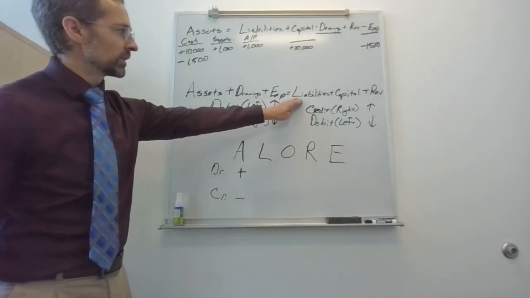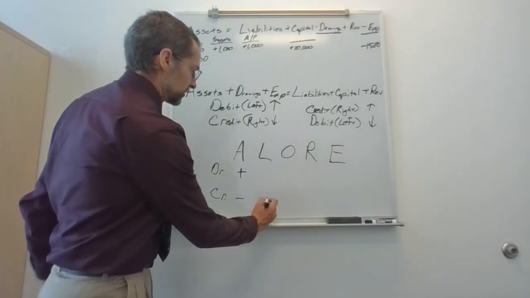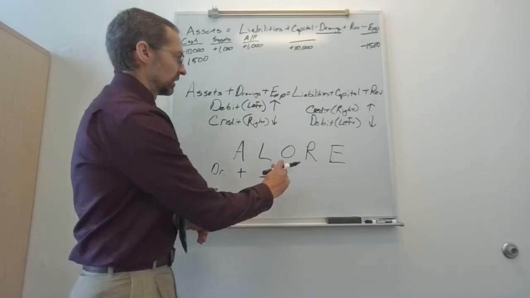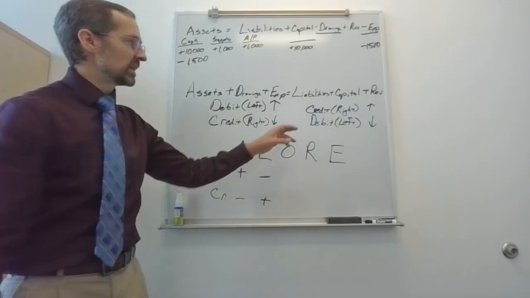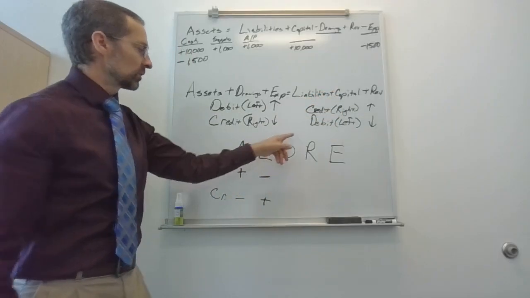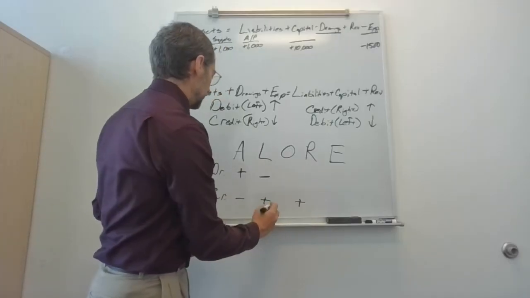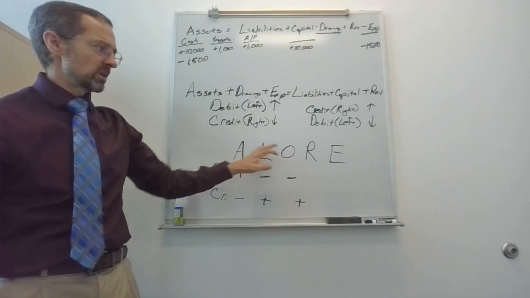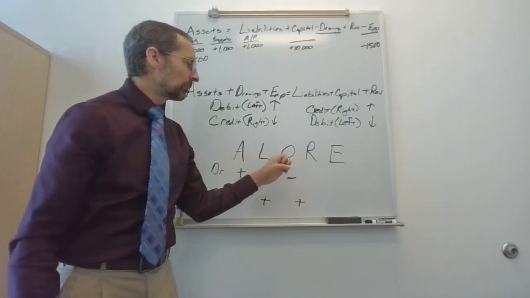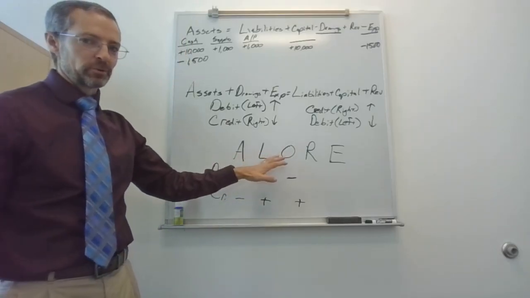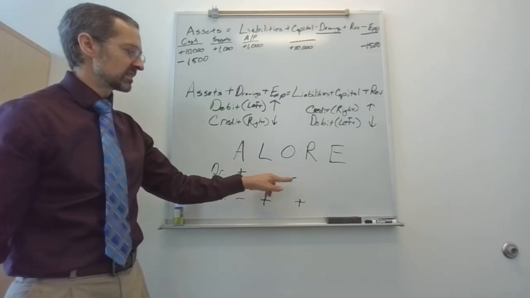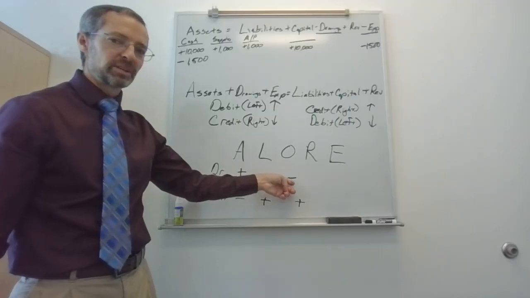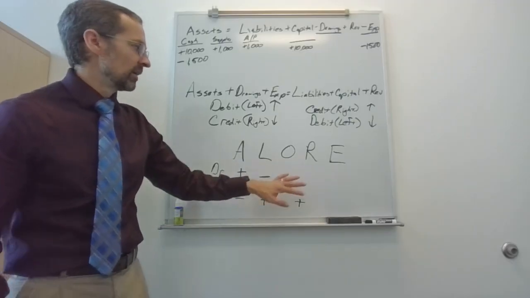Liabilities, well, we said over here, credits make those ones go up, so I'm just going to put a plus sign there, and that must mean debits make it go down. Owner's equity, meaning capital, well, credits make that one go up, and debits make it go down. At this point, you might be wondering, what about drawings? I don't see that in here. Drawings are like negative owner's equity. So if I take out a drawing, it's actually making owner's equity go down. So that's why I debit drawings, because owner's equity is going down.